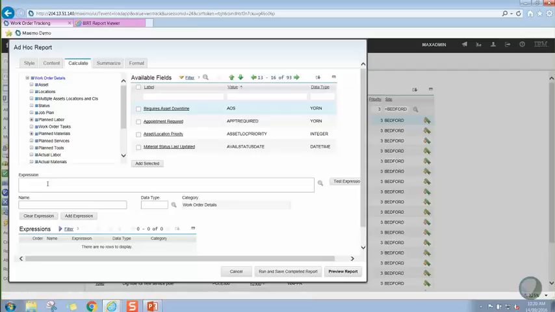So let's create an expression that tells us how many days we have for the work order to start. So let's calculate the target start date and the current date in system, and the difference between them would give us the number of days left. So what we can do here is, on our target start date,